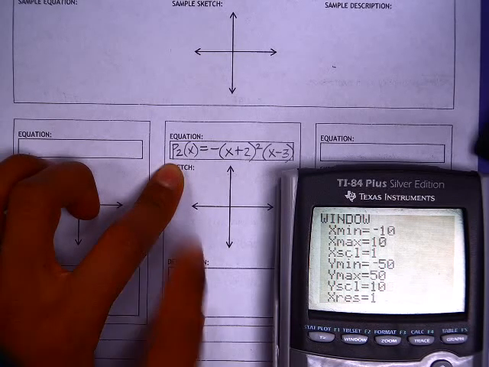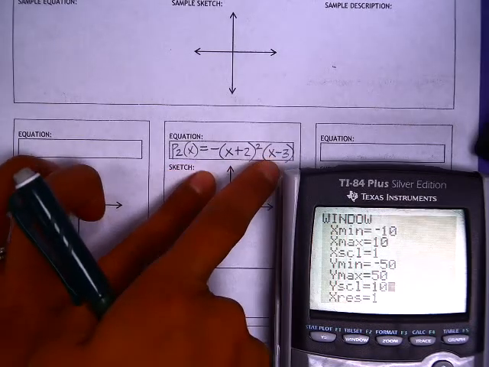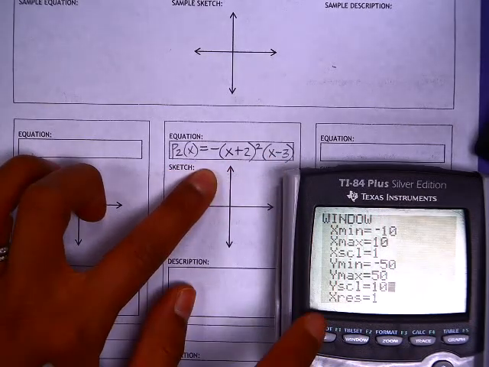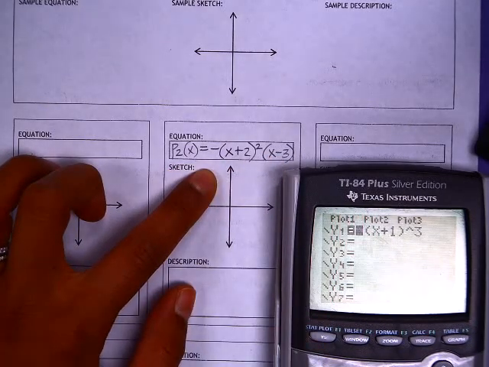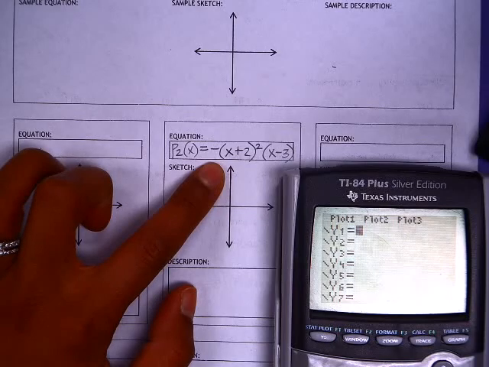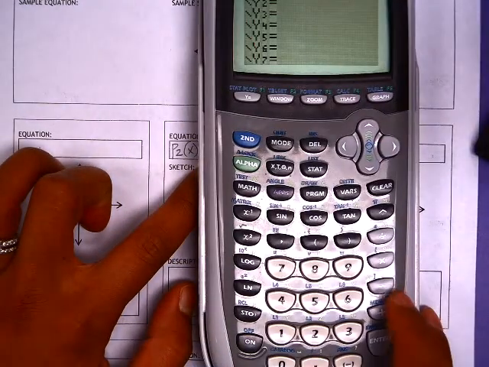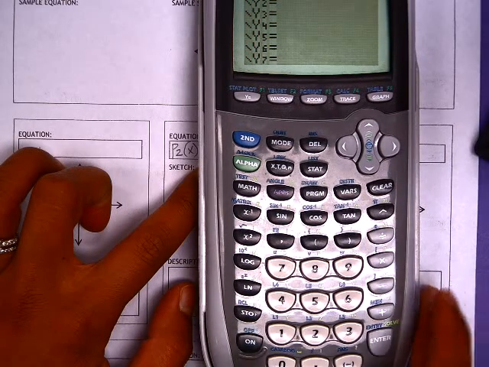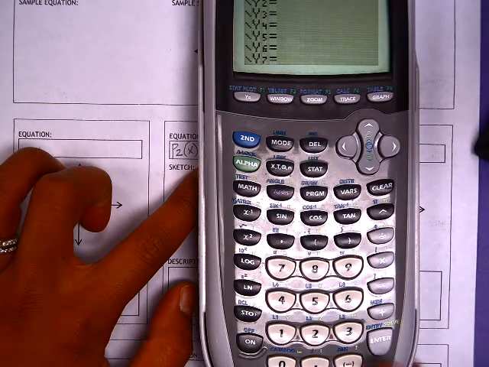To enter the equation into the calculator, we press the y equals button and clear anything out that's already in there, and then enter the equation. So it's negative. Be careful not to use the minus sign, but rather the negative sign. So negative,